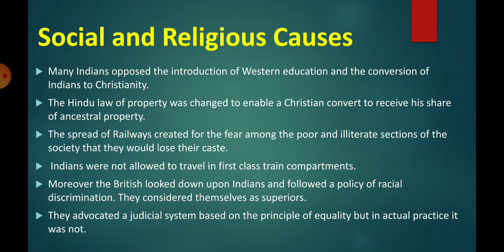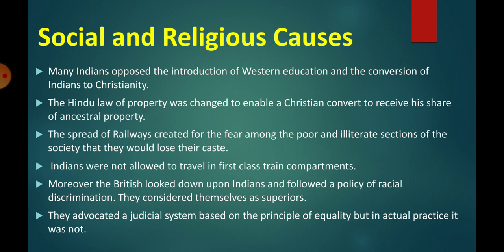The British also started a racial discrimination which was continued in South Africa, that is known as apartheid, meaning black and white discrimination. The British looked down upon the Indians and followed a policy of racial discrimination. The Britishers thought that we are superior and the Indians are inferior, and they also advocated a judicial system